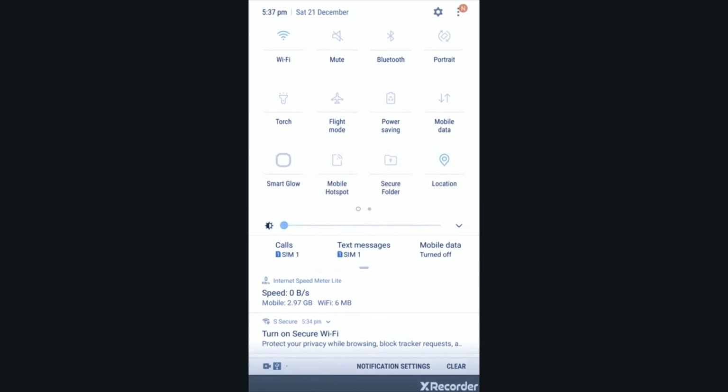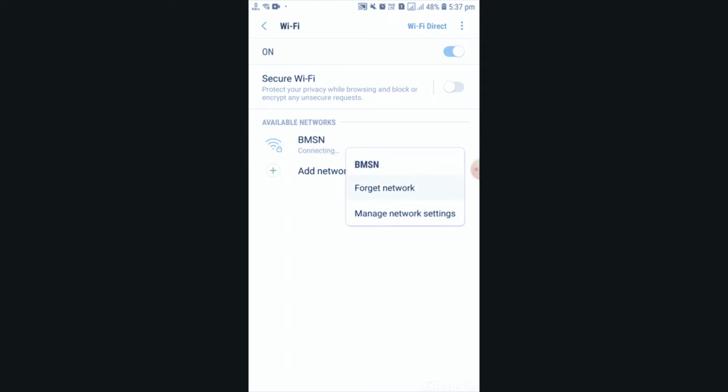After submitting, it will disconnect. Then you have to go to the Wi-Fi. Here you will see BMSN, whatever name you gave, that name has come, and again you enter the password.